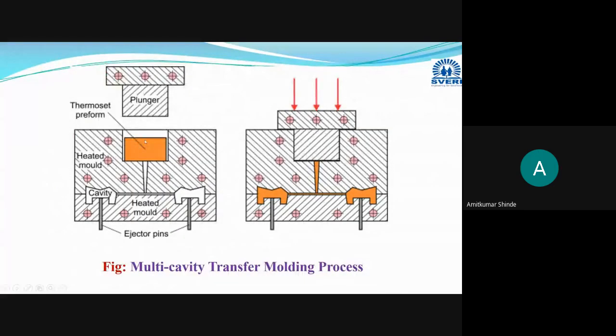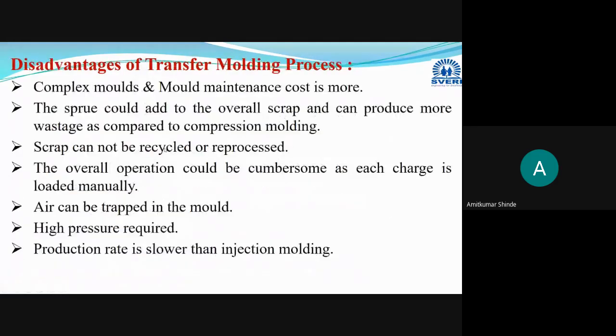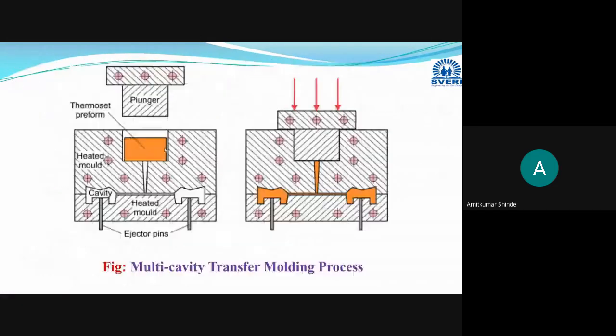Okay, this charge you have to pour manually here. Okay, it will become difficult. Cumbersome is nothing but it will become more difficult to do this operation manually. This is another disadvantage. Then here, while applying the pressure with the help of the plunger, some air may get trapped